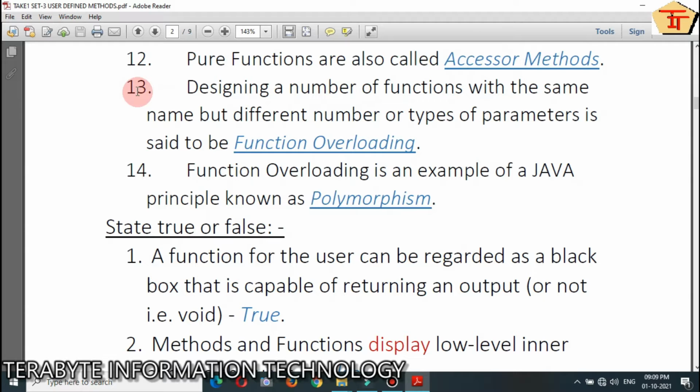Question number 13: designing a number of functions with the same name but different numbers or types of parameters is said to be function overloading. Question number 14: function overloading is an example of the Java principle known as polymorphism.